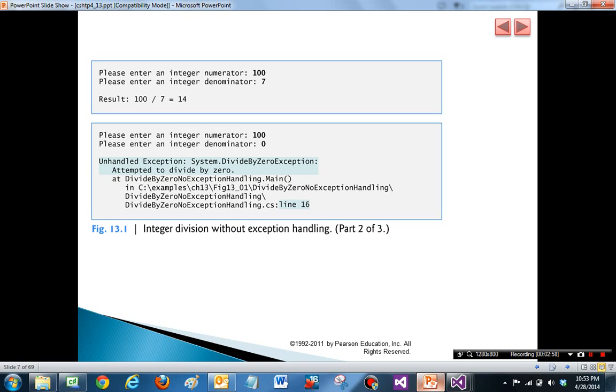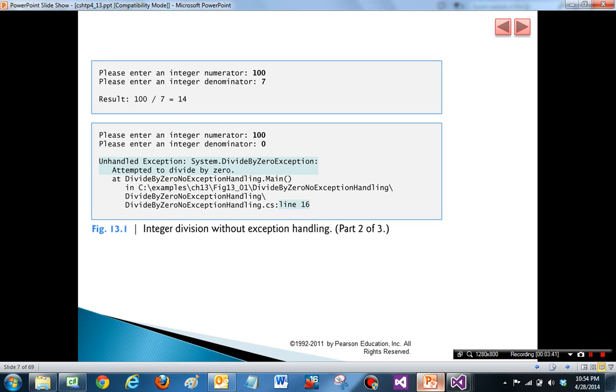And the second input shows the case when an error occurs. The numerator is again 100, but the second integer we enter, the denominator, is 0. This is a mistaken entry, but users can enter incorrect data, and we could also have read this data from a file and it could have been incorrect there. But if the program now proceeds and tries to carry out the division by 0, then the result is